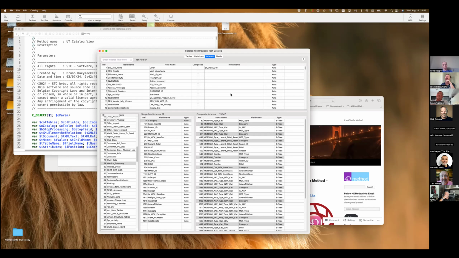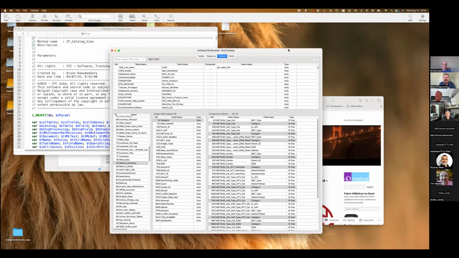I still remember when I started with 4D, now 32 years ago, I think. I was surprised, and I don't think at that point 4D even had composite indexes. And I kind of missed them because I came from an environment that had them. Then you get used to working without them, and you say, oh, maybe you don't really need them. And then at a certain moment you say, can we split this up with a composite index? And you find out that you can, and then you start using them again. So that is the whole story on why this project basically started.